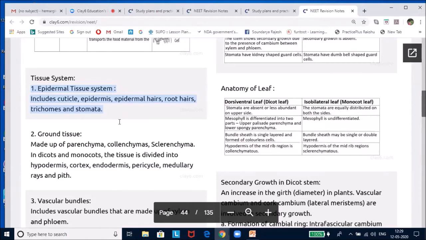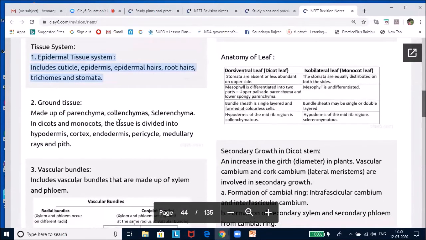Epidermis is usually single layered. It is made up of parenchyma cells with a small amount of cytoplasm and a large vacuole. Cuticle forms a waxy layer outside the epidermis which prevents the loss of water. But cuticle will not be present in the roots, because the roots have to absorb water. So they can't have a layer which is impervious to water, and so roots lack cuticle.